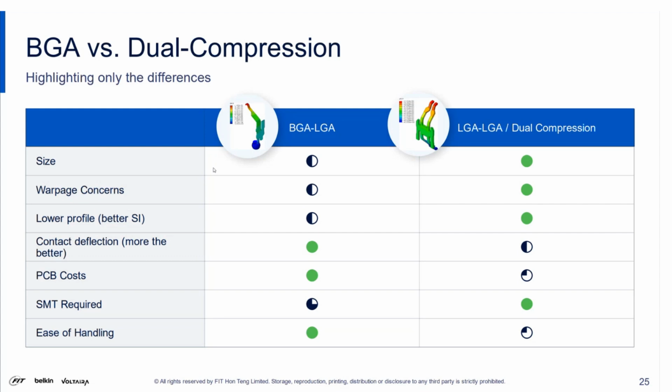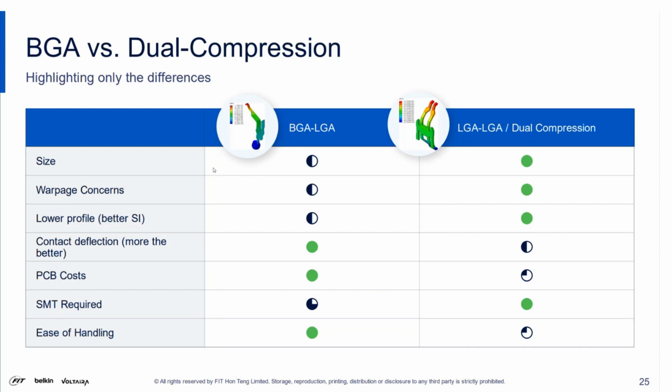And since the contact is so short and small and the housing is so thin, it will conform to the shape of the system during compression. So basically, it will flatten out to conform with the system shape. Like I mentioned earlier, these LGA to BGA sockets have higher warpage concerns because you're dealing with larger bodies from injection molding, which tend to have higher warpage characteristics both at room temperature and at reflow temperature for dynamic warpage, whereas the dual compressions do not.